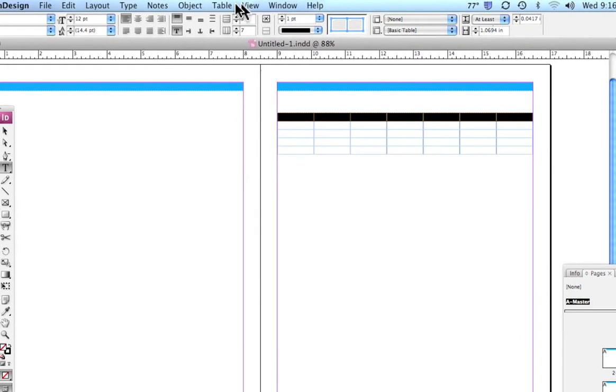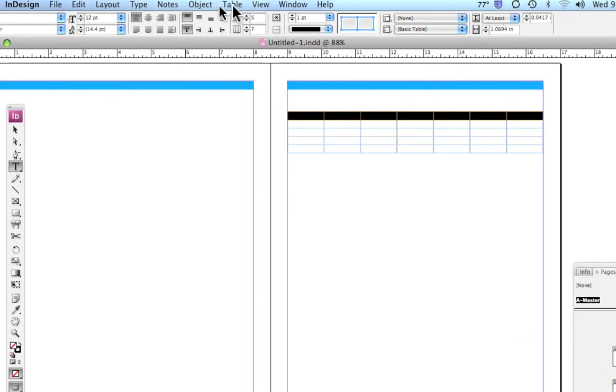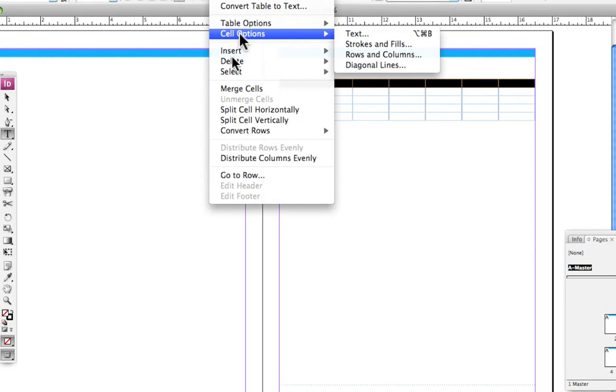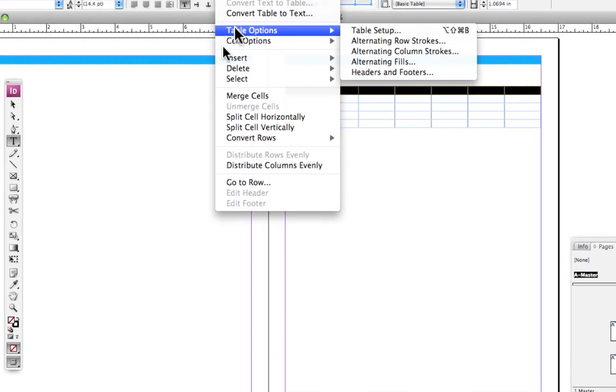But I'm going to go ahead and continue to use the dialog boxes. Going under table, I'm now going to go down here. You can see these things are now lit up. Okay, and I'm going to go to cell options,